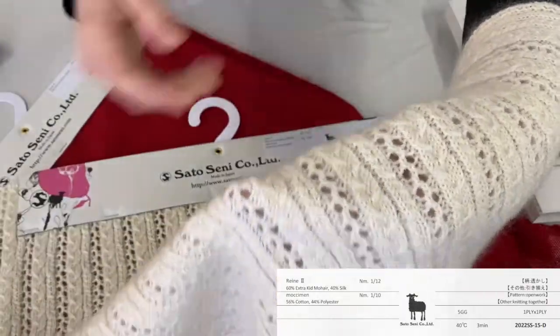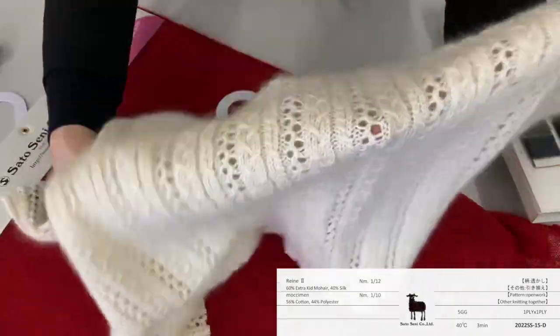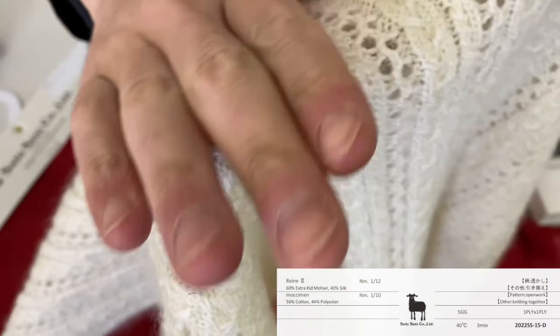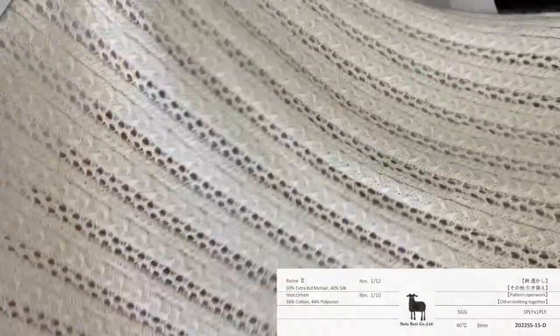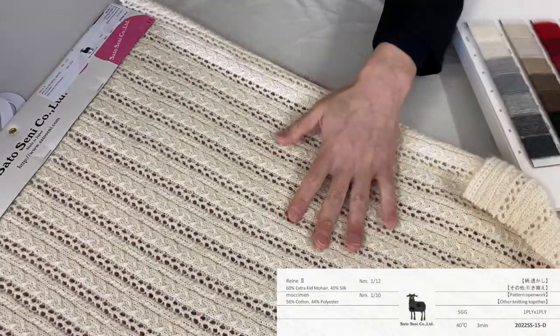Moccimen has got a good character of the stretch, and it shrinked, so that's why it looks quite compact lace stitches. But there is a mohair here. The hands feel very soft and smooth. So it's gonna be the new proposal for the lace stitches. And last one is the